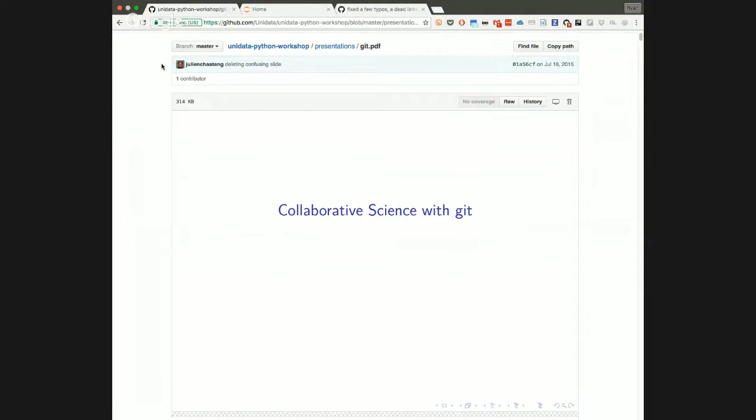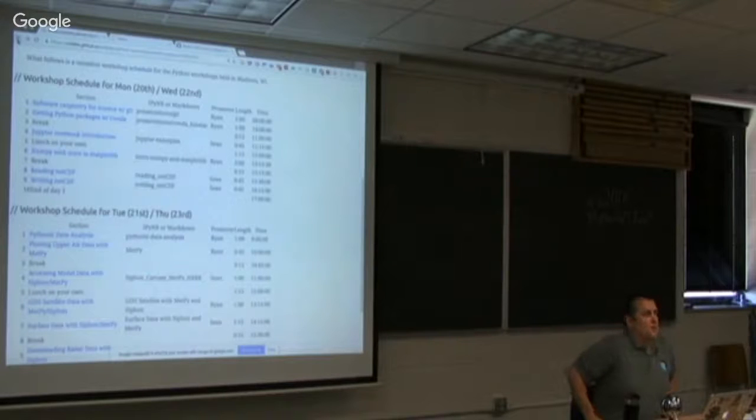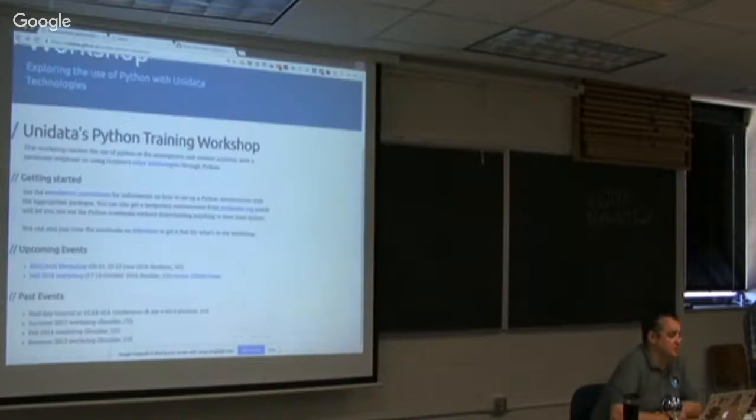Is Git officially part of Python, or is it just general? No, this is the one thing we're doing today that's not only Python, but Git is pretty much tool number one if you want to work with the wider world of Python open source projects that are out there. And in general, it's a good tool to have in the toolbox for even local development, just so you don't get yourself turned around.